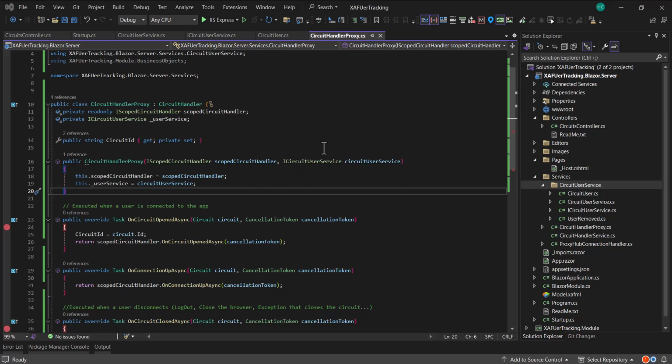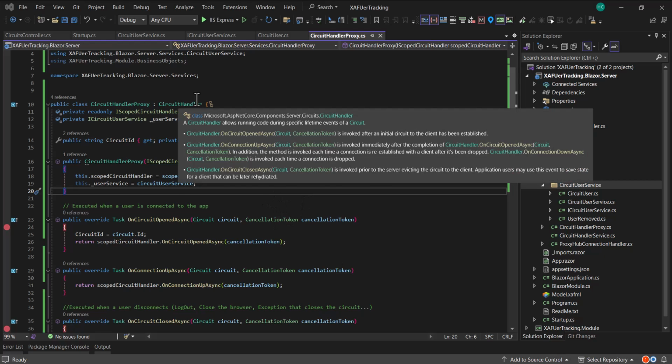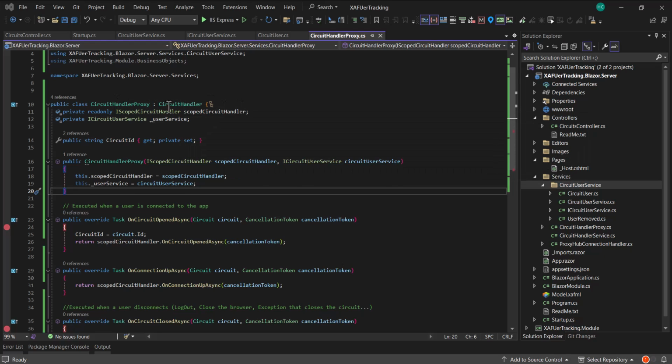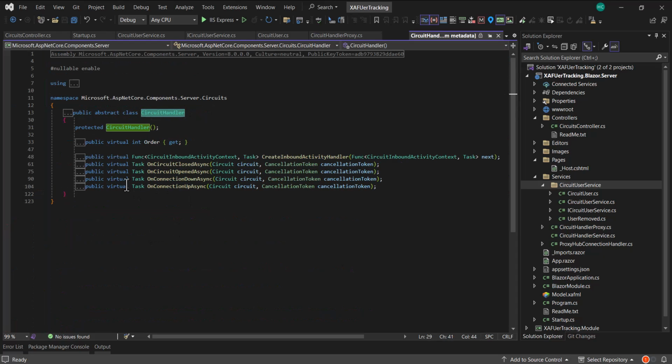So now we're going to talk about circuits and how to use them to manage the users that log in and log out from our application. Blazor Server apps come with this class, CircuitHandler, that brings virtual methods: OnCircuitClosedAsync, OnCircuitOpenedAsync, OnCircuitDown, OnConnectionDown, and OnConnectionUp. We're going to focus on those two, circuit close and circuit open,